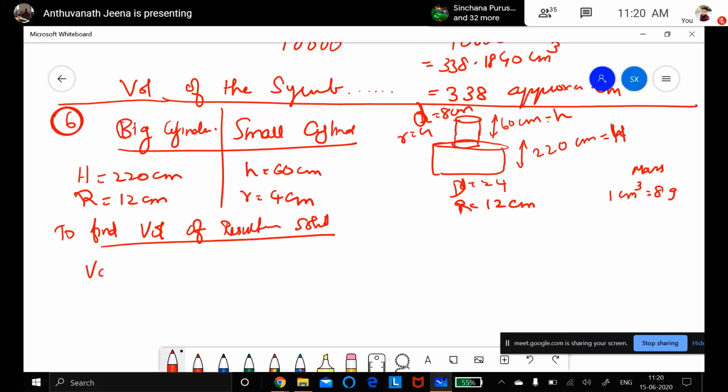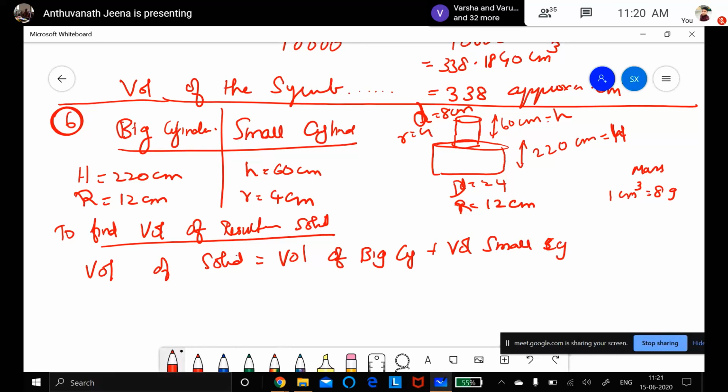So what is the volume of the solid? The total solid. Volume of big cylinder. I told you very simple. You can just add all the volumes. Then you get the volume of big cylinder plus volume of small cylinder. Okay. So formula is same, but only you put...